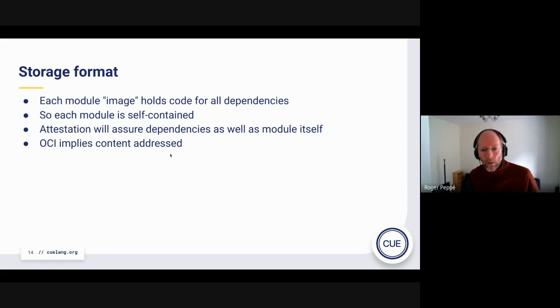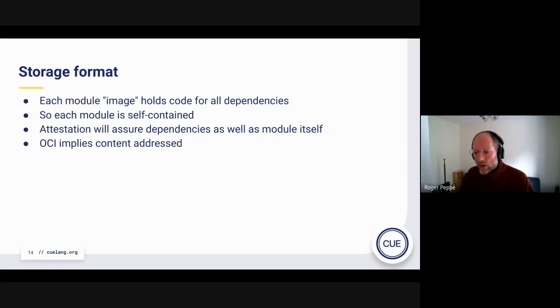In terms of how we actually plan to store modules inside the registries, one of the key things that I think is good is that each module is self-contained. It actually has a layer for the code in the module, but it also essentially reifies it, takes all its dependencies and puts them directly inside the module itself.